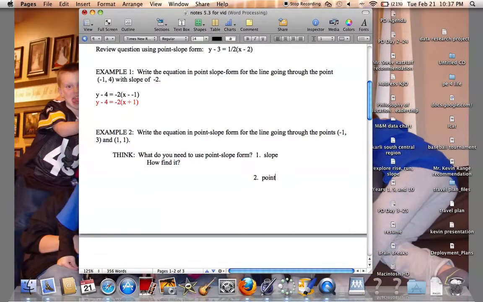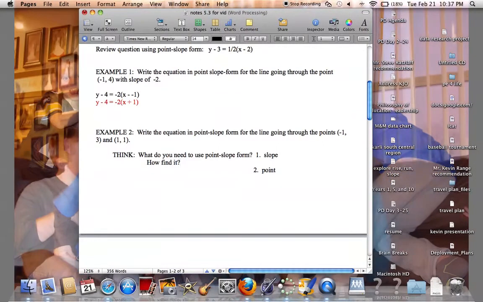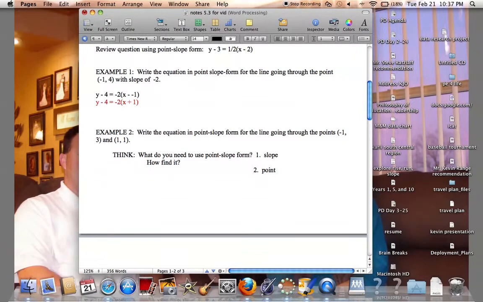I have a point. I actually have 2 points. I will end up being able to choose whichever point I want to use, and the issue right now is that I do not have a slope. So then the question is, how do you find it? Well, remember, you find the slope by